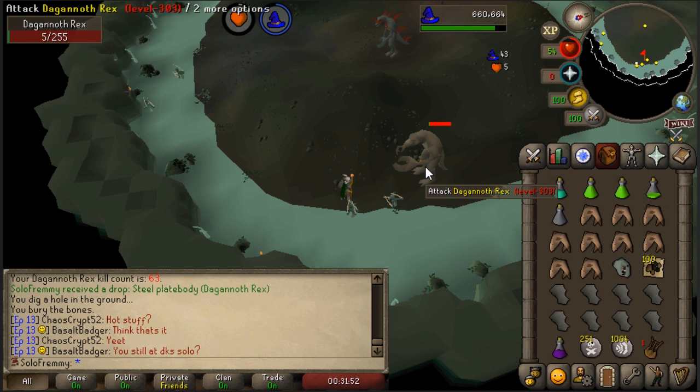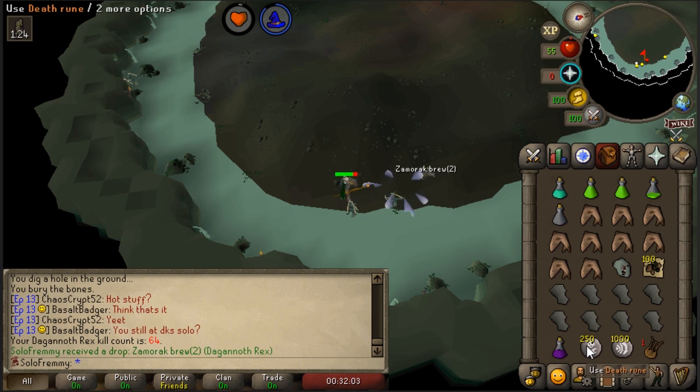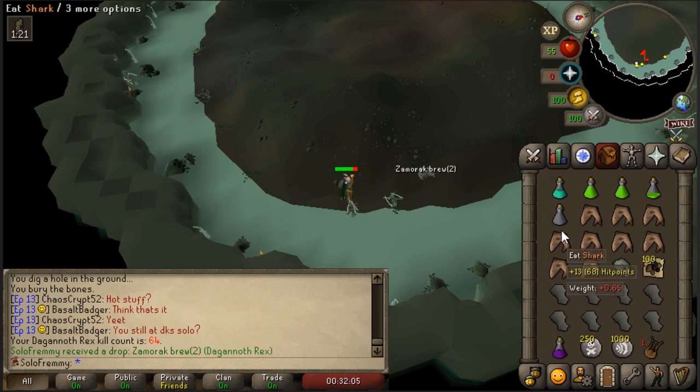Rex KC number 64. This is half of the drop rate for one of the rings. Let's see if we can get a second ring. Zamorak Brew. So there are 64 kill count. I can still do at least another 5 kills here. Food's holding up well. I haven't been poisoned in a while, so that means I'll probably get poisoned in the